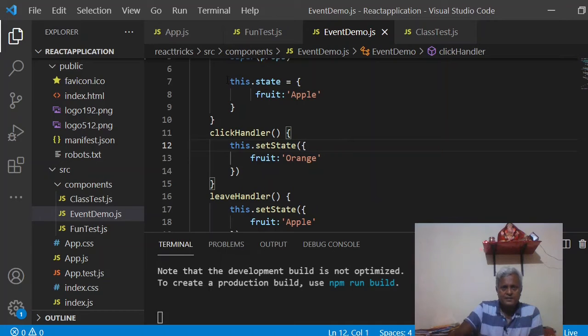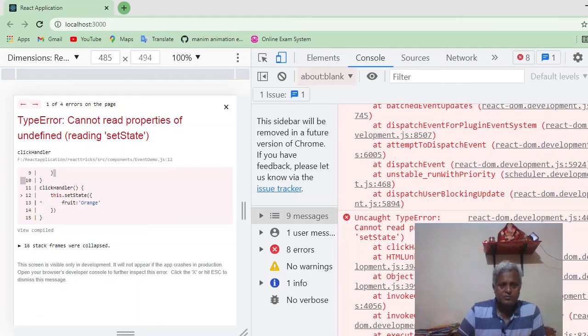suppose I remove this, then what will happen? Then it will work properly. But I don't want to remove it. I want my function to bind with this. So what I have to do,